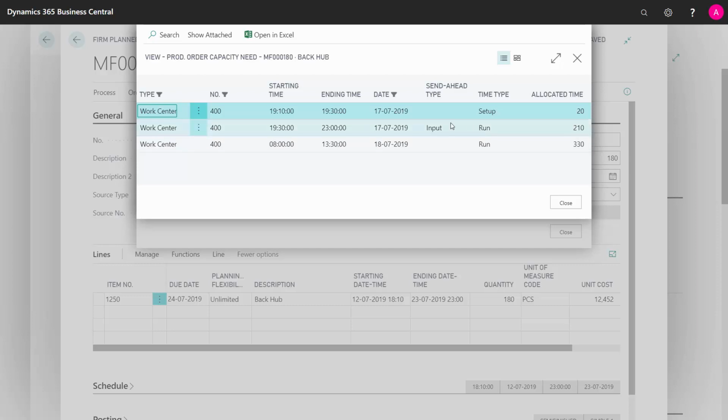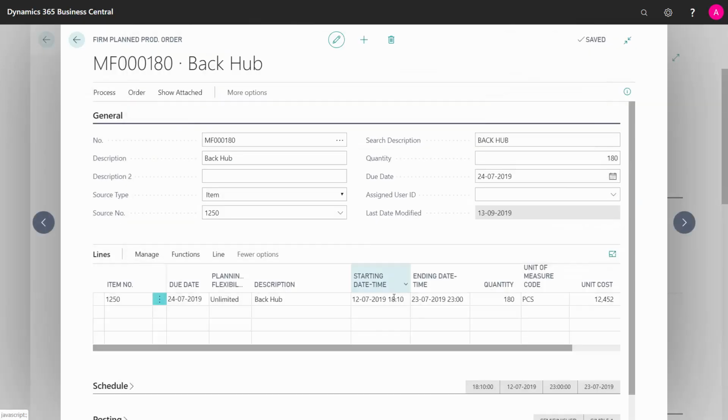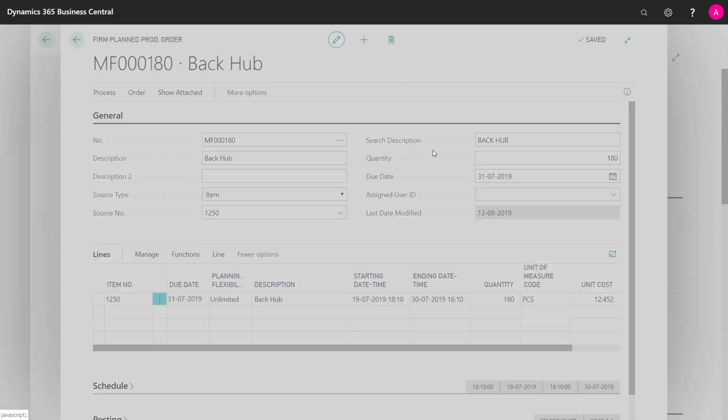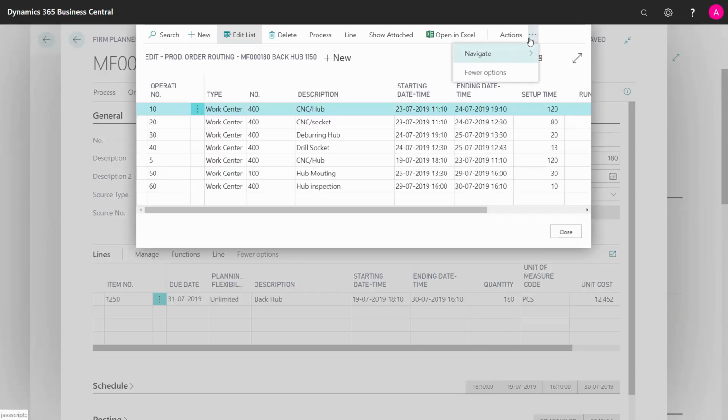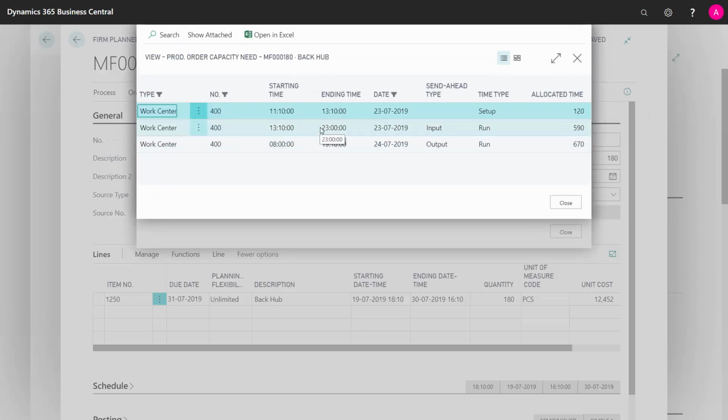You can see the dates here. If you are moving the production order, so if you say here I would like it to start instead on another date, a week later maybe, it will move the production order date, recalculating the production order automatically. Meaning if you go into your routing, your allocated capacities, you can see here the dates have been moved. So this is a way of moving the production order.